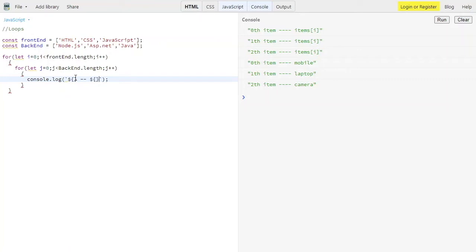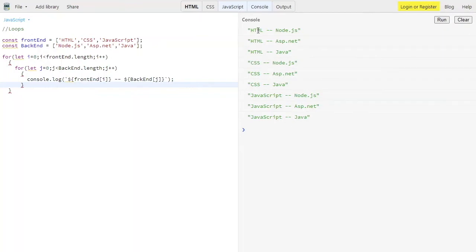Here I'm putting frontend of square bracket i, and then backend of index j, then clear it out and run this. As you can see, we can use HTML with Node, HTML with ASP.NET, and HTML with Java, and we can also use it in that way. So that's a very good example of a nested array.